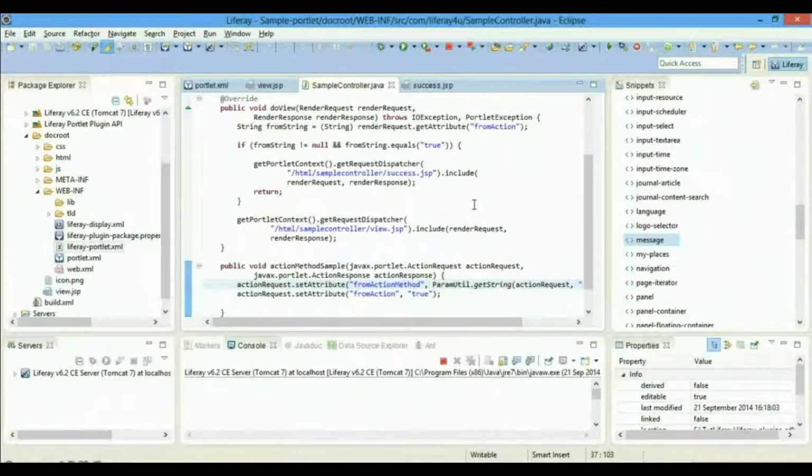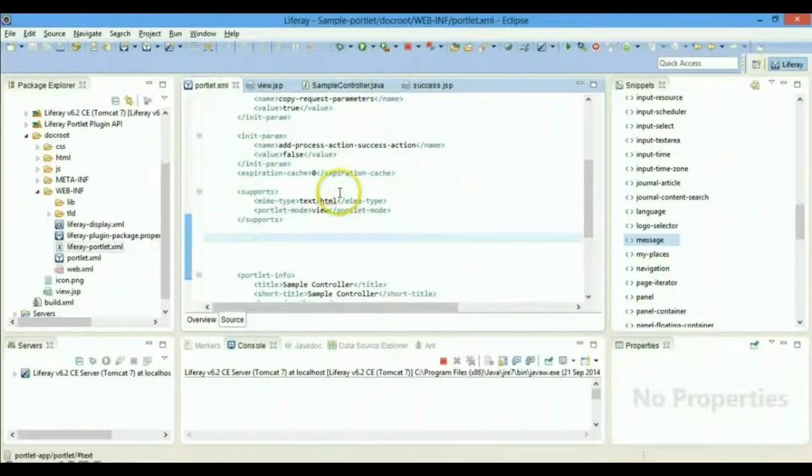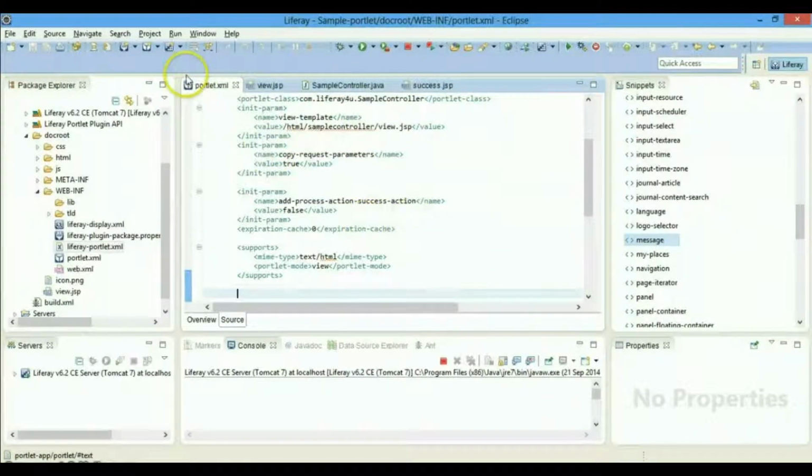There is support in Liferay using which you can set after how much time the output of a particular portlet is supposed to expire, or for how much time the output of the portlet should be cached and served through the cache only. There is a tag known as expiration cache, which we put in portlet.xml.